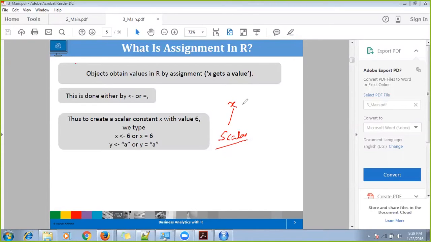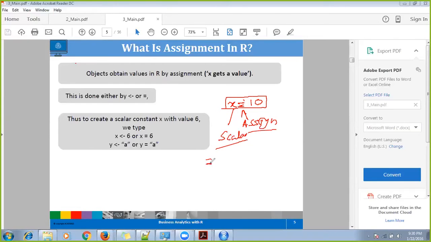If I want to assign a value of x equal to, let's say, 10, normally how do I assign x equal to 10? Like this. In R also you can do the same thing. You can use the equal to symbol to assign something.